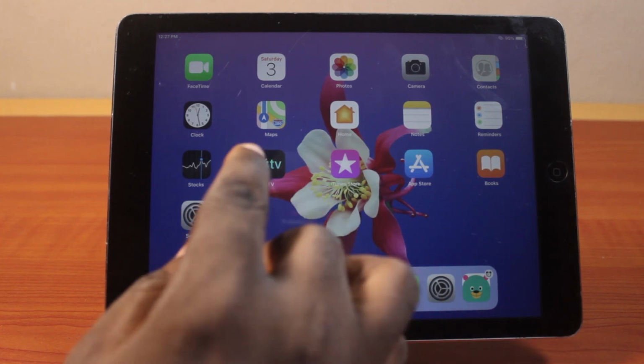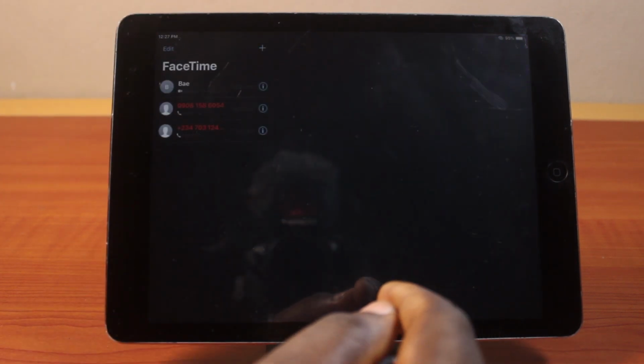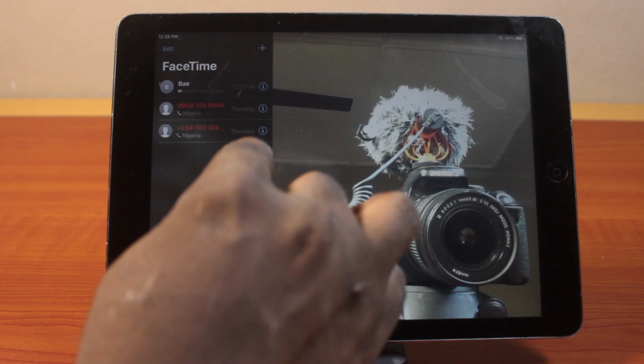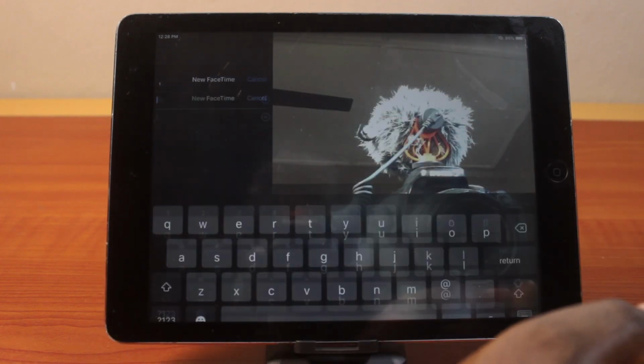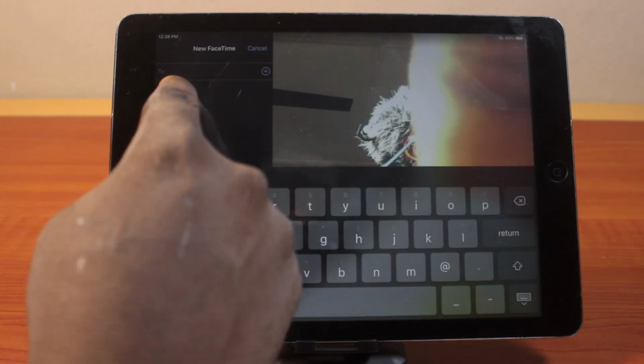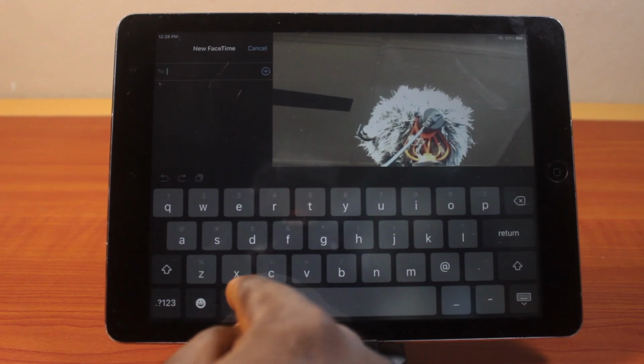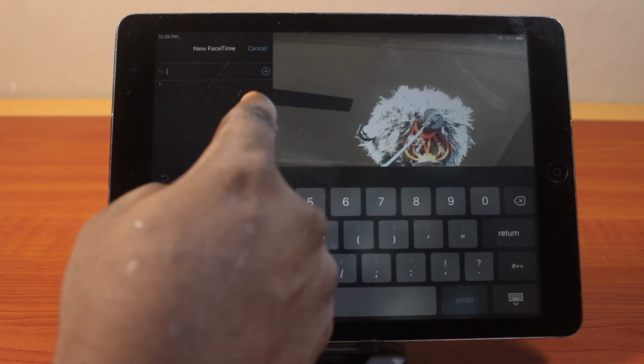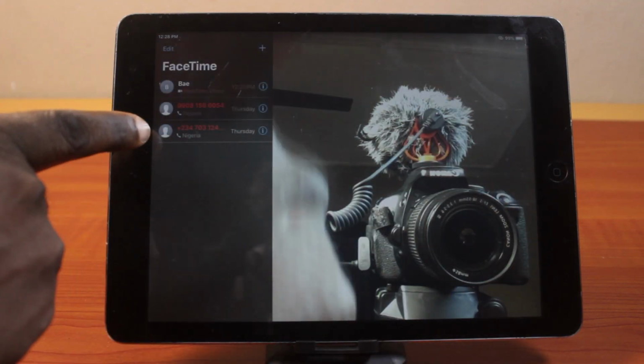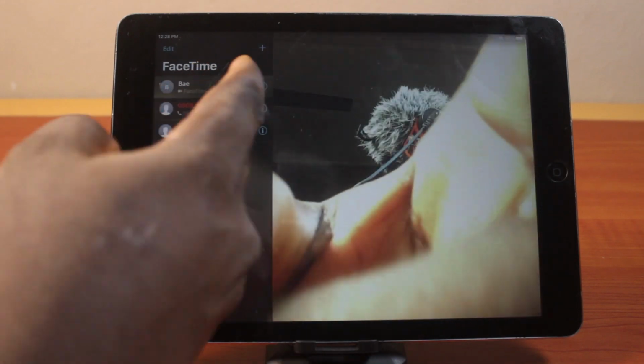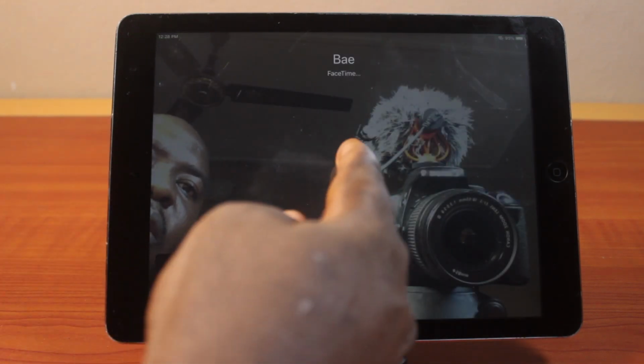On the home screen, locate the FaceTime application like this. Then once you click on that, you can click on the plus button here. Then type the contact you want to make a FaceTime video call or voice call to here, or better still, locate the account you have here, then click on the account you want to call. Once you click on that, you should see the FaceTime